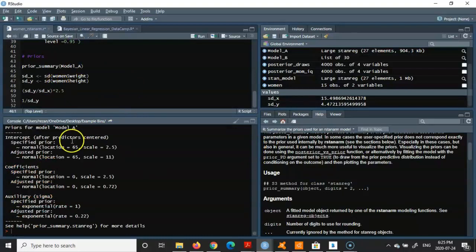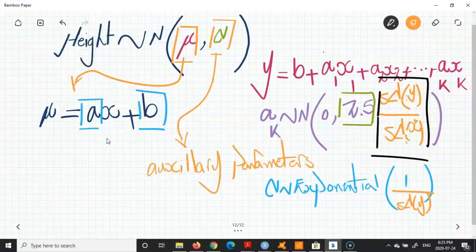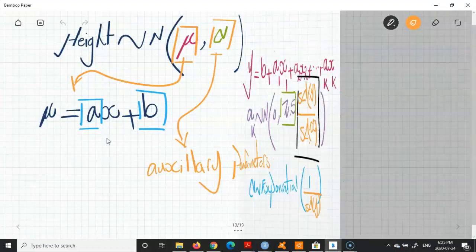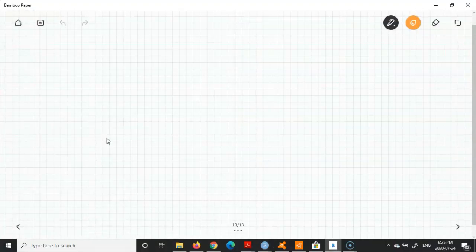which is essentially the priors for the intercepts. The prior for the intercepts comes with an extra piece of information: after predictors centered. And what does it mean? When we talked about the model of the intercepts, you know this is something very easy in the math. When we design a model like y equals ax plus b,